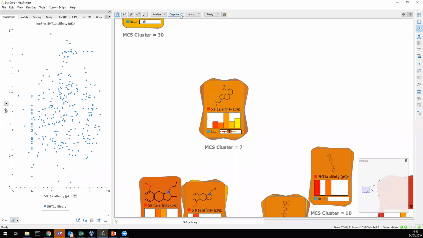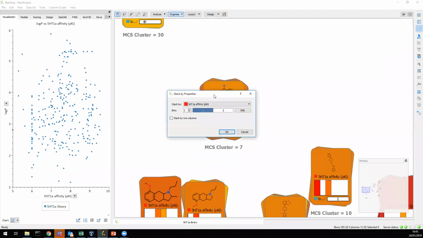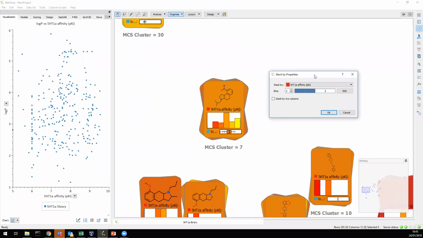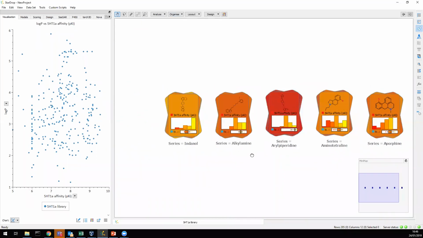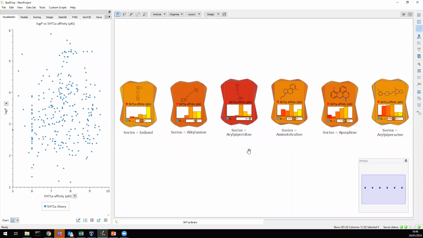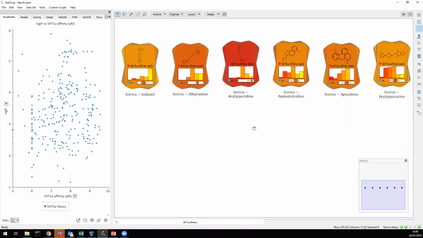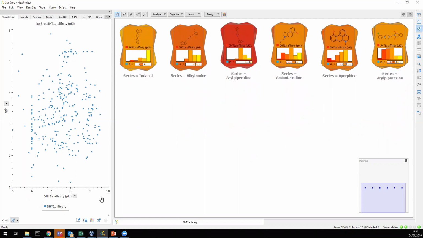So what I'm going to do from the Organize menu is choose Stack and then by property, to enable me to choose the property I'd like to stack the cards together by. In this case, I'm going to choose Series from the menu and then click OK. Now, if I zoom out very slightly, we can see one stack representing each of the 6 different chemical series in this set. So if I move that up to the very top here and then open my dashboard again,